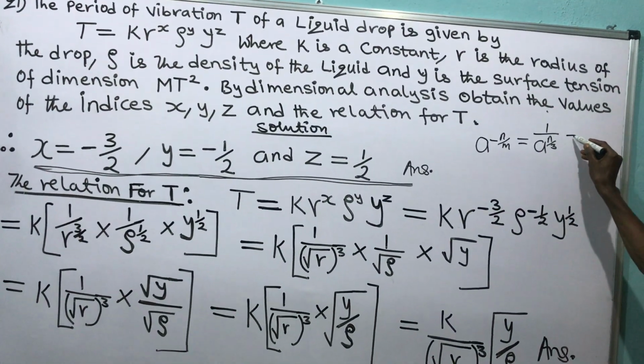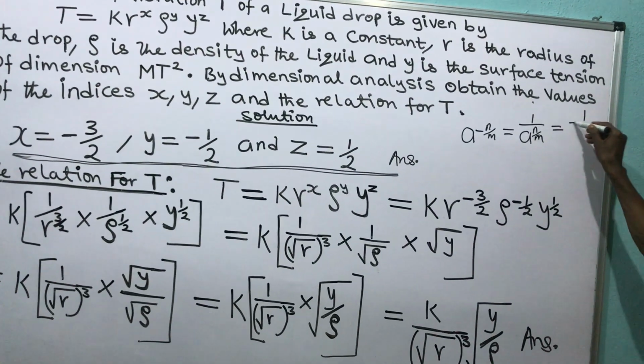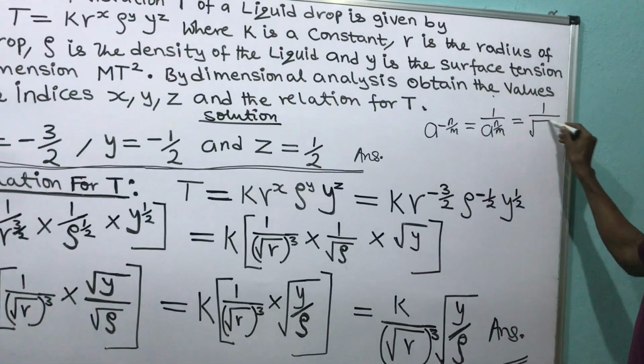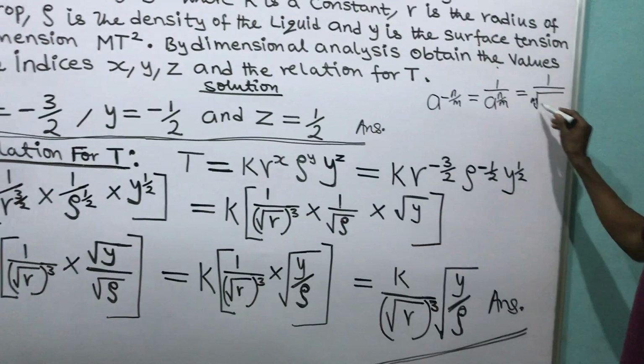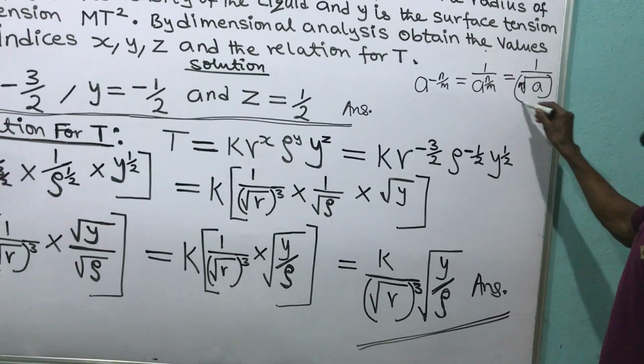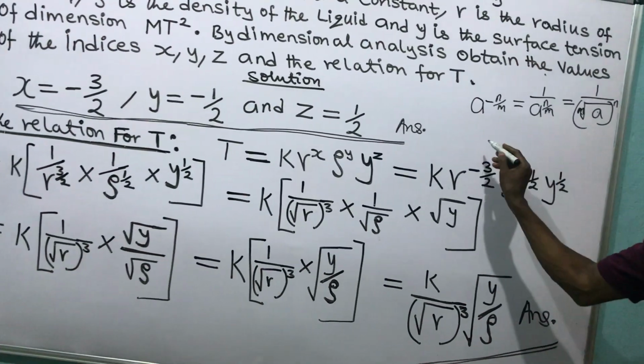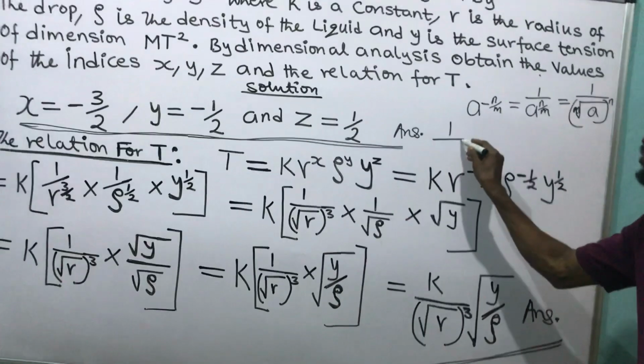And this is the same as 1 all over the m-th root of a, all raised to power n. This is what indices told us. That I can write this as 1 all over